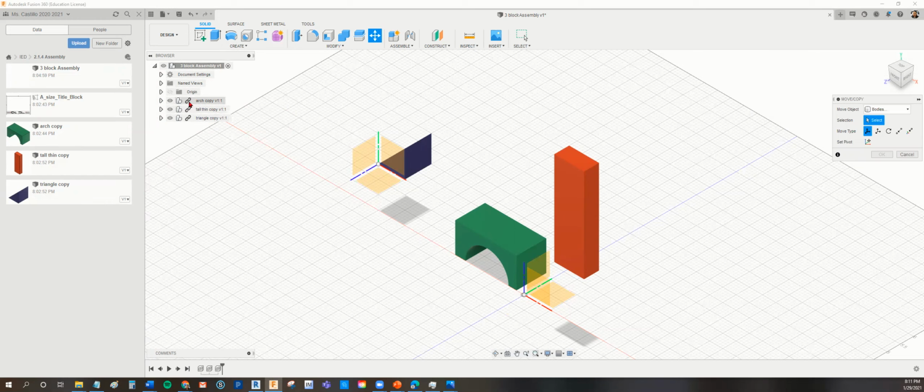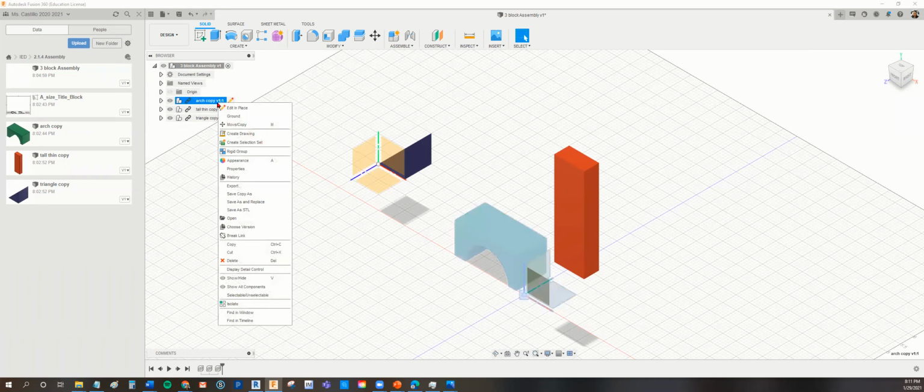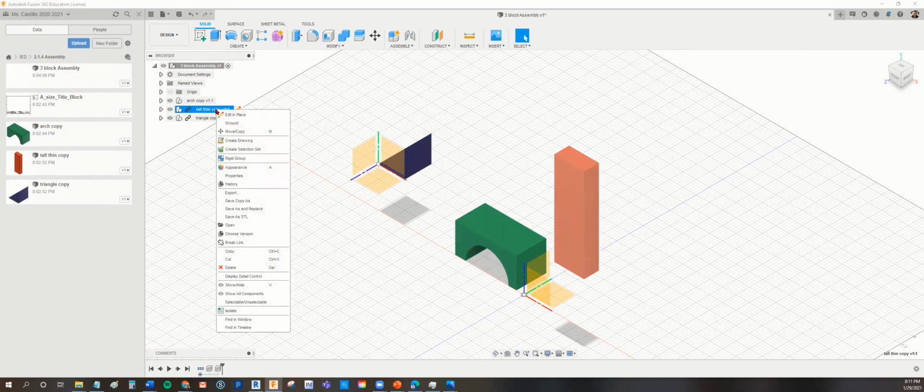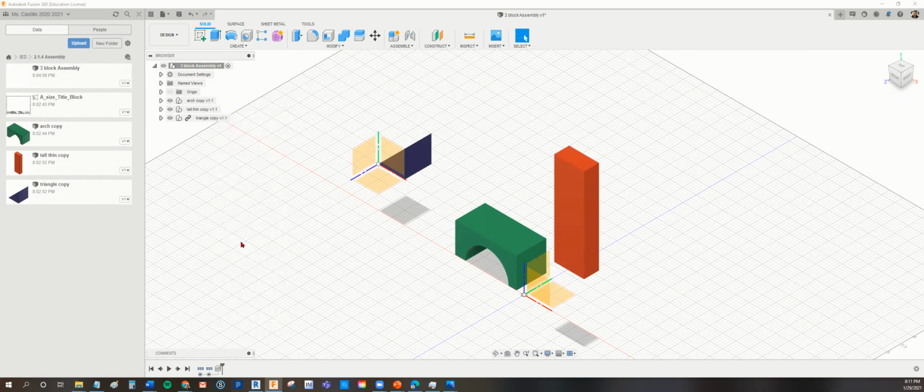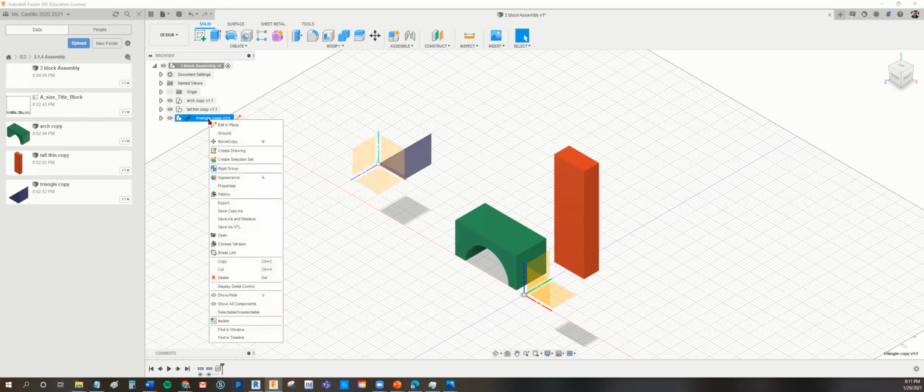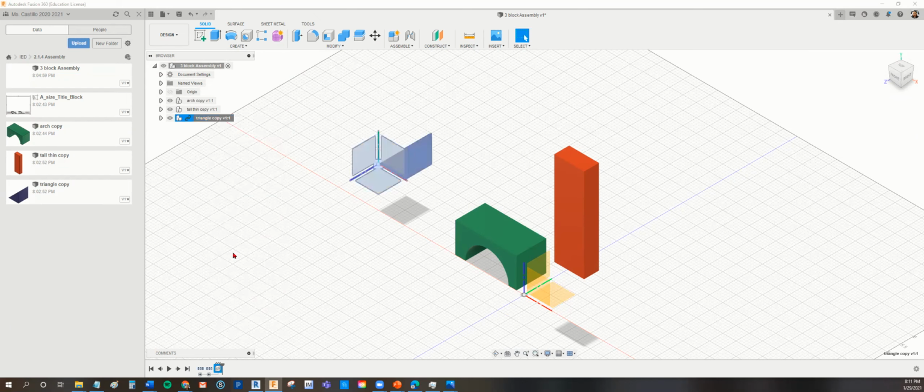So what I'm going to do is right click. I'm going to right click, drop down, break the link for the arch. Right click, drop down, break the link for the tall thin block. Right click and drop down, break the link for the triangle copy. Okay, that's the only way. What I want to do is get rid of the plain, the shaded yellow